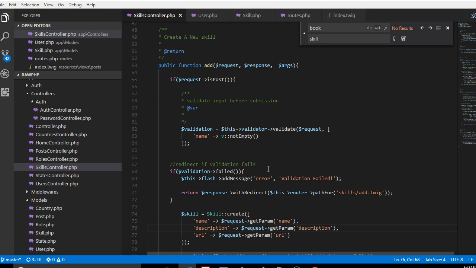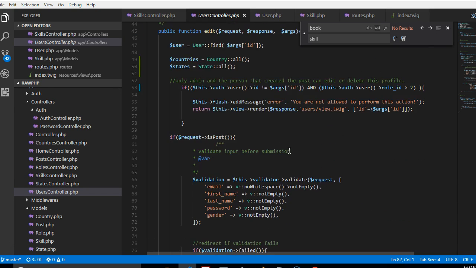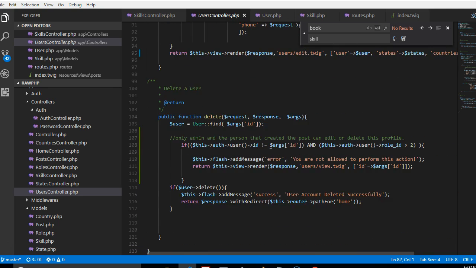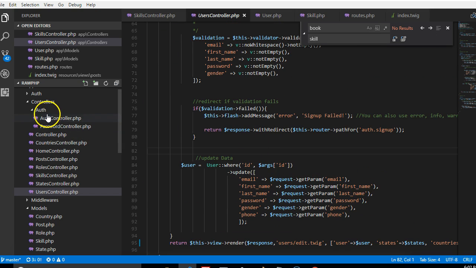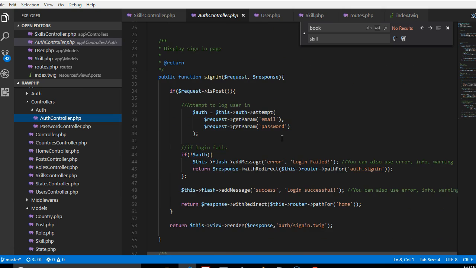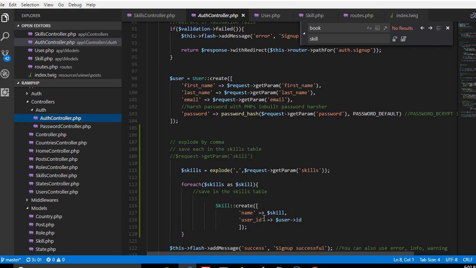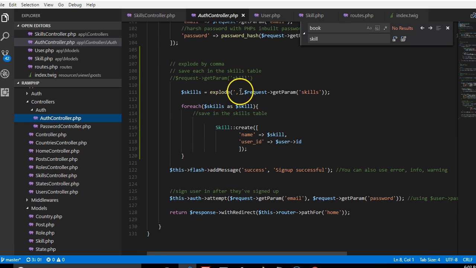So in the next video we'll look at the method where the user gets to indicate their skill. Remember, when the user is being created in the sign up field, we're looking for the sign up in the auth controller, that's where it is. So if we go to the auth controller and we go to sign up, in the sign up field, when we are signing up the user, we are automatically doing some magic where we select all the skills they entered as hashtags, then we loop through them to create a skill. So in the next video we'll change this a little to reflect our new reality, you understand, because this is